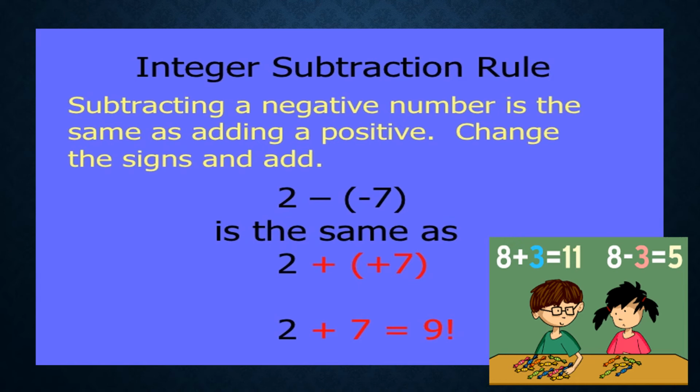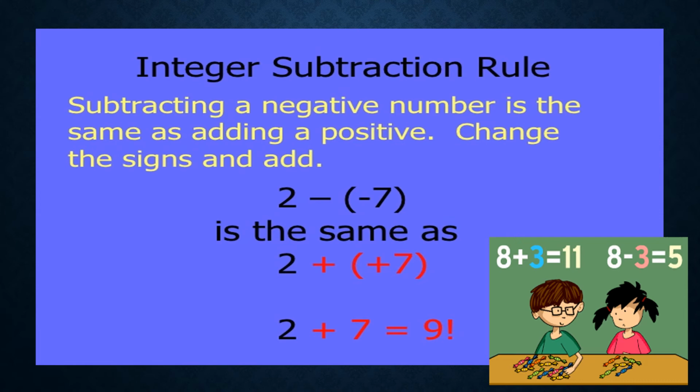The first example is 2 minus minus 7. Now what happens over here is this minus sign which is there outside the bracket, the minus sign is adamant, right? Minus sign doesn't listen to any rule. So what it will do is it will change the sign of this minus 7 which is there inside the bracket. It will change that minus 7 to plus 7. Okay, so this becomes 2 plus 7.